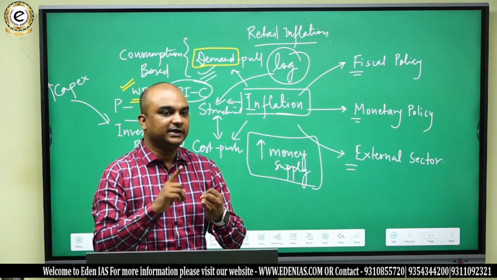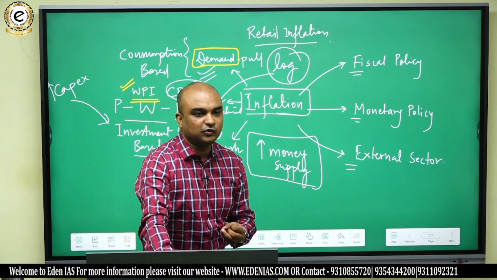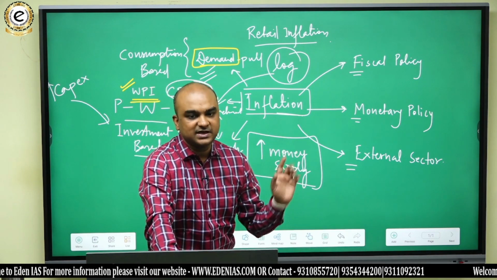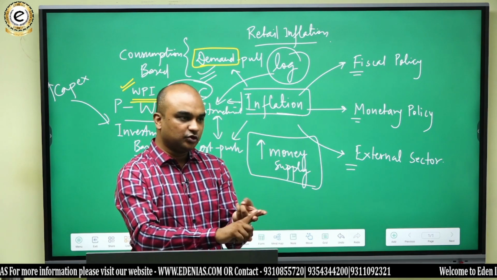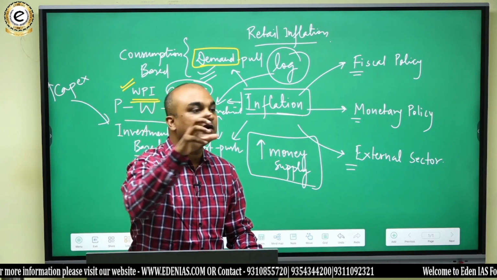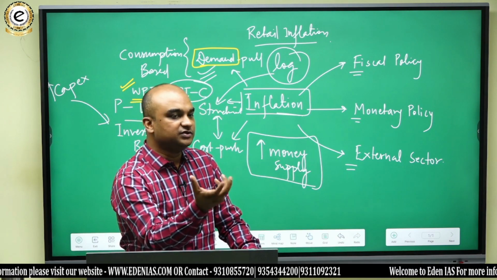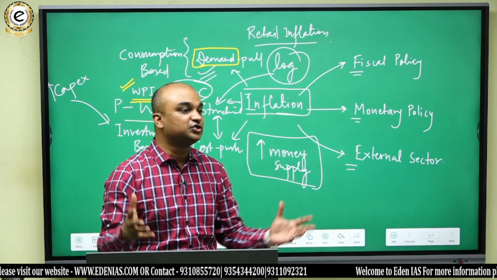What kind of loans? Individual loans as well as business loans. And whenever you take these kinds of loans, you will invest the money or you will spend the money. Whatever be the case, there would be more demand for consumer goods and capital goods. Businesses generally demand capital goods, whereas consumers or individuals generally demand consumer goods. Say, for example, a home loan or car loan could be considered consumer items.